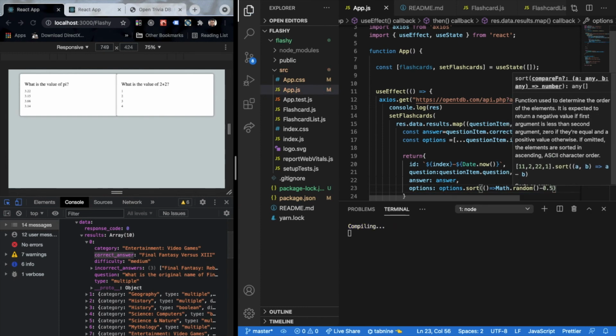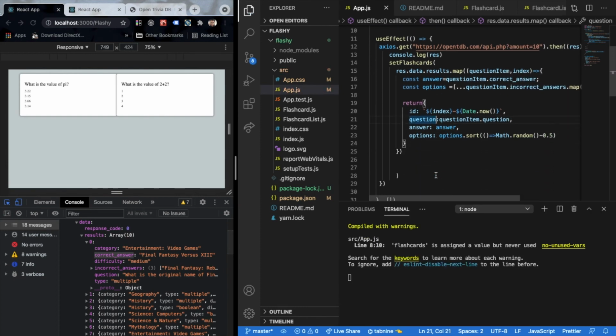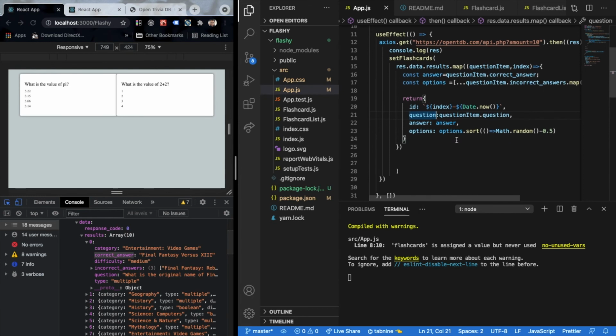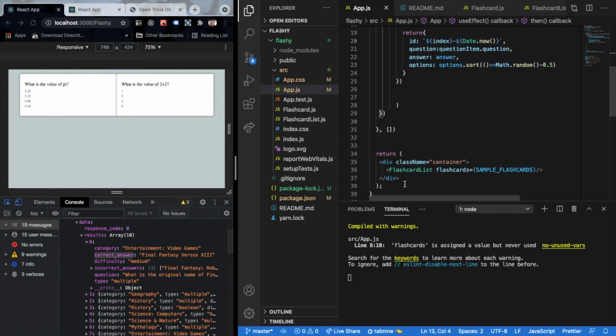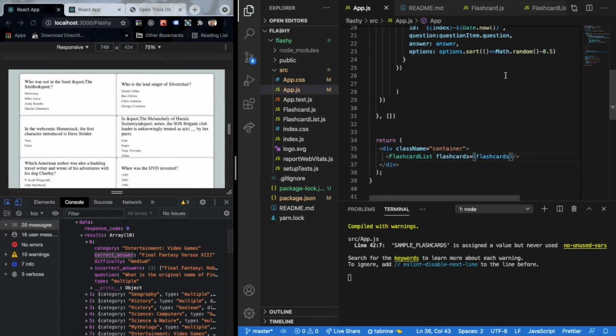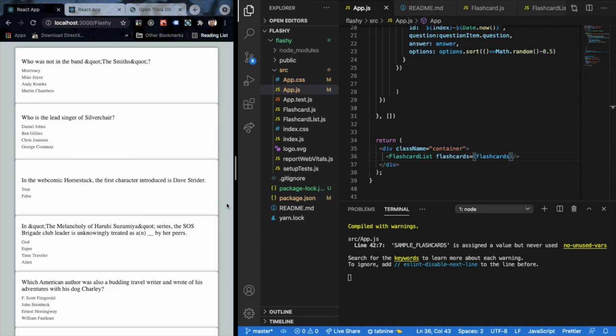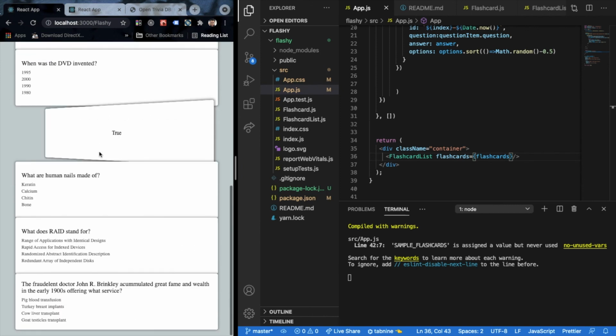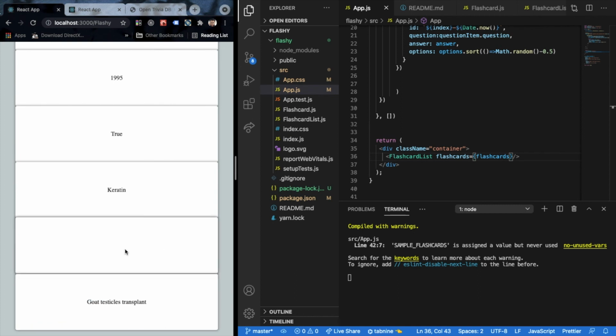We'll randomize based upon the value of 0.5. So half of the time it will be some other options, and half of the time it would completely return some other values. I'll remove this console.log for now, and in our form, or in our flashcards, whatever we are going to iterate over, let's say that we now iterate over not the sample flashcards, but actually the flashcards that we are setting. Immediately you'll be able to see that we have some cards being populated based upon some random information, and these are of size 10.